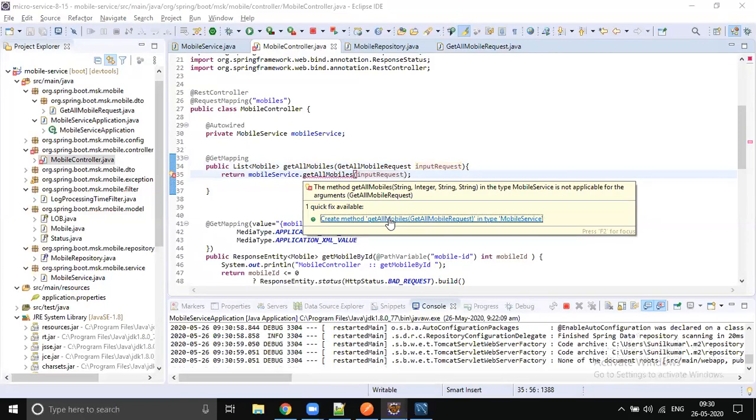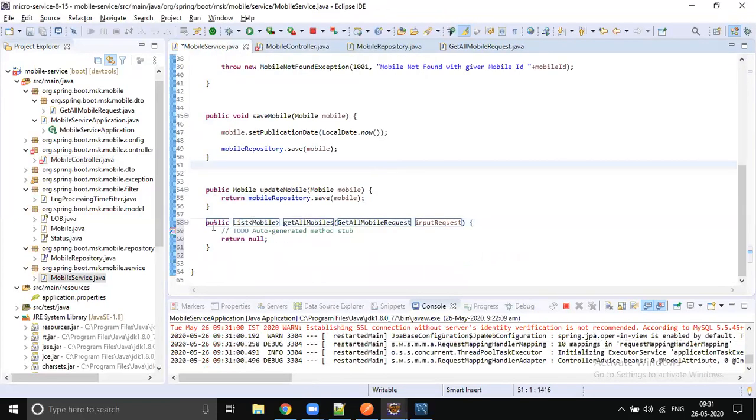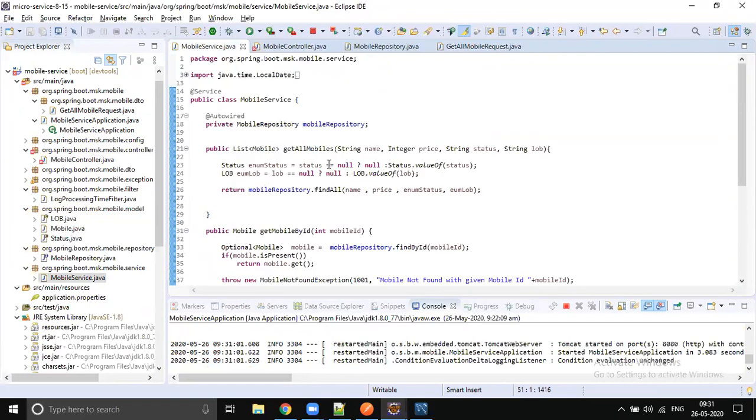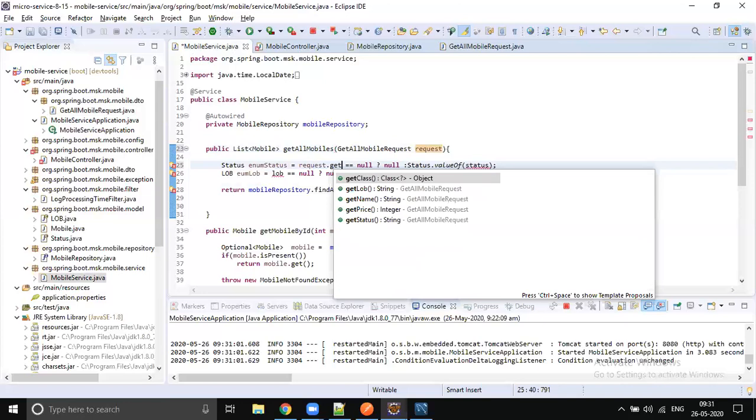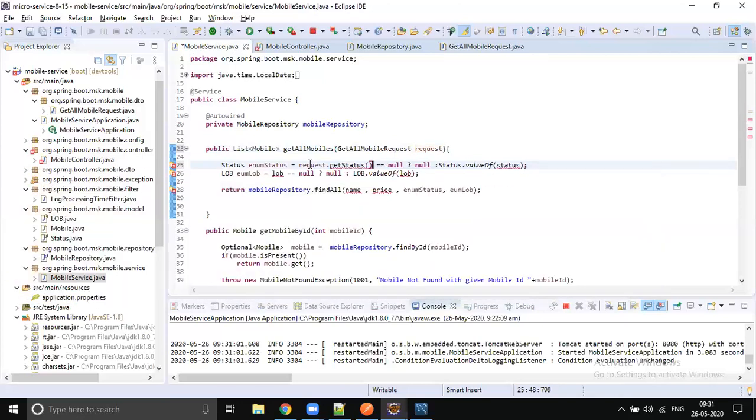So let's do the code change in the service. No, let's not create a new method; let's change the existing method. So it's going to be get all mobile requests and request. What we will do is check like this: if request dot get status is not null, then convert that into enum.